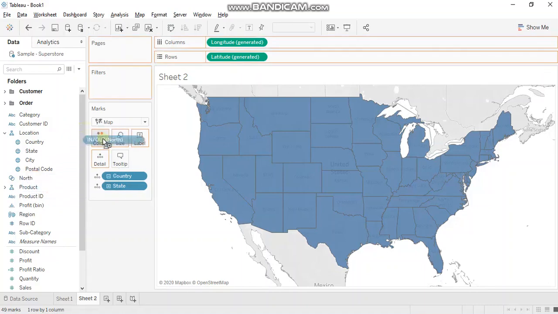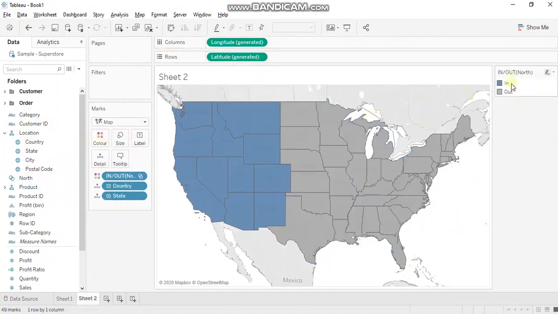Let's bring this over color. As we discussed earlier, a set will represent your data only in the form of in or out. These are the values which are contained within your set. That's why it shows as in, and the rest are not. Those are displayed as out.